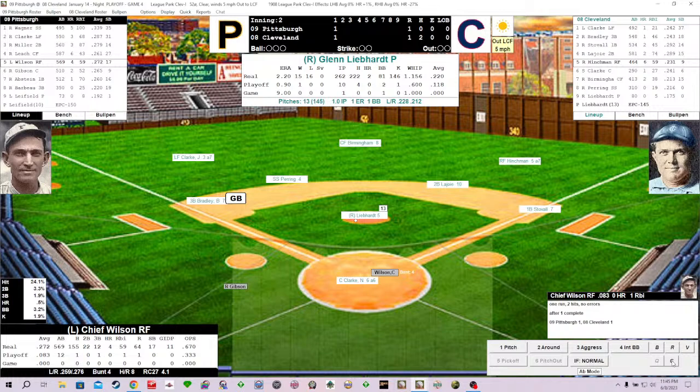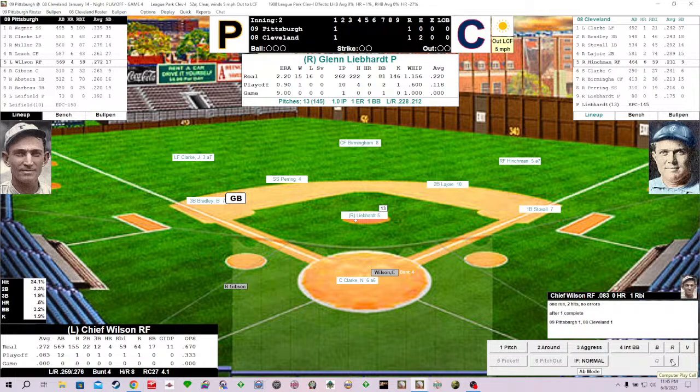Chief Wilson will lead it off here. Wilson will be followed by George Gibson and then Bill Abstein. Chief Wilson, to say he's having an abysmal tournament would be a gross understatement. Cranks and Cranklets hitting just .083 with 1 run batted in. In 1909 for the Bucs, he did hit .272, with 12 triples that year. Wilson pretty good at the triples. 4 home runs, and he batted in 59. Only 1 in the tournament, though. So the Buccos need Chief Wilson to start heating up to stay alive in this tournament.